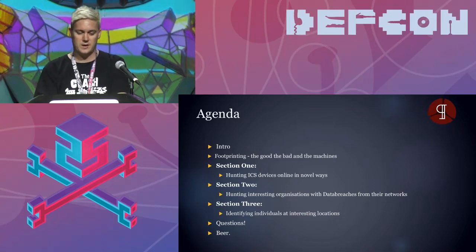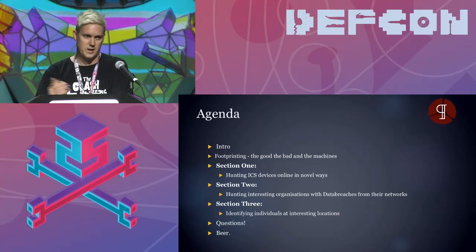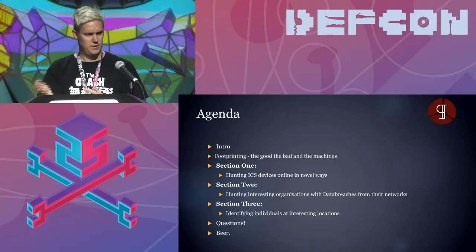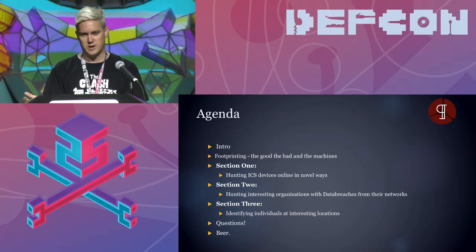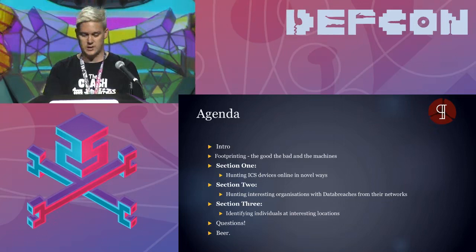The first section is going to be hunting ICS devices. So if you're looking to find power systems on the internet, how would we find them, or water, or whatever else? We'll start by looking at something that I have context on, like Nevada Energy, and then we'll move to saying, if I want to look at an entire country's power system, how would I look at that?